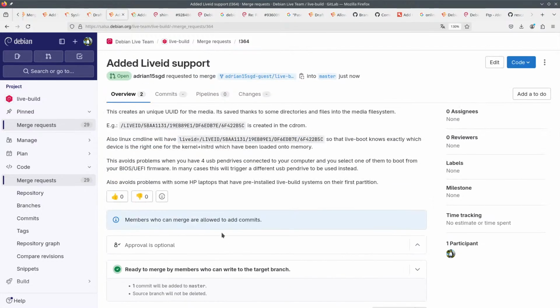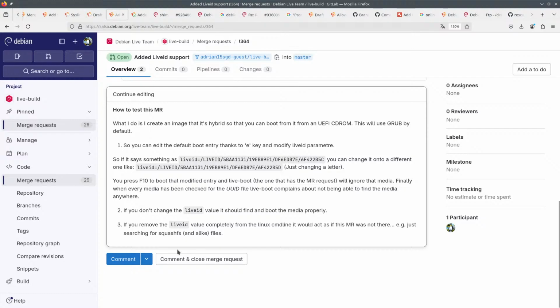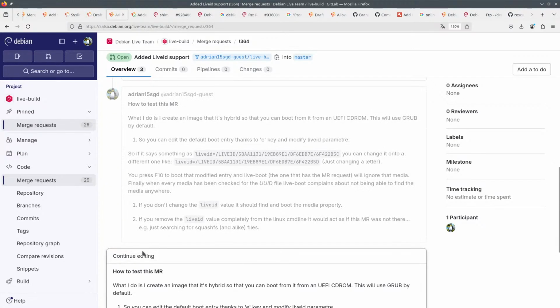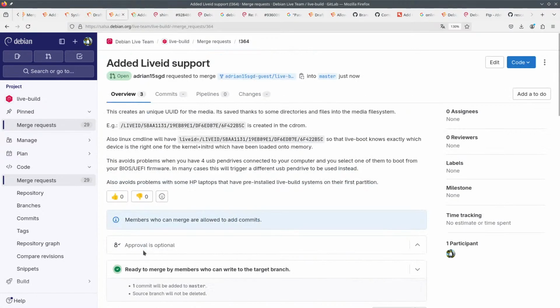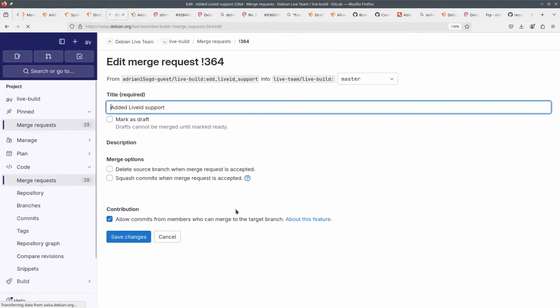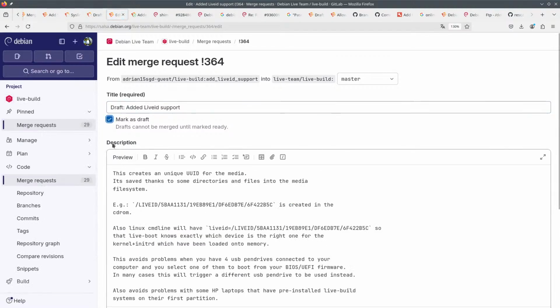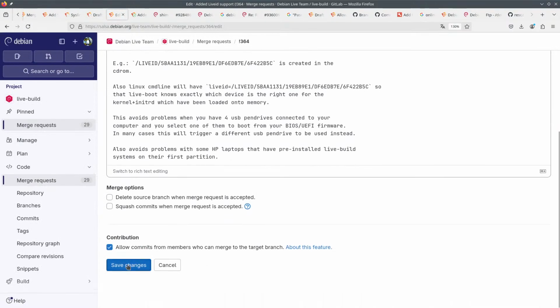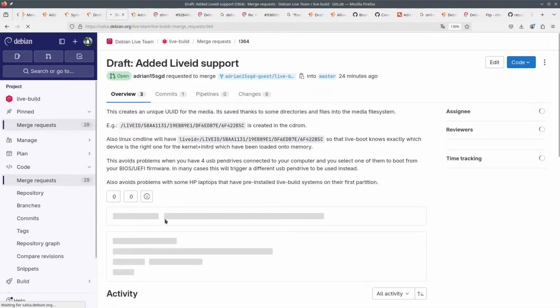Also, can we change this to a draft? Where's the edit as draft? Okay. Yeah, let's just merge this as draft, because